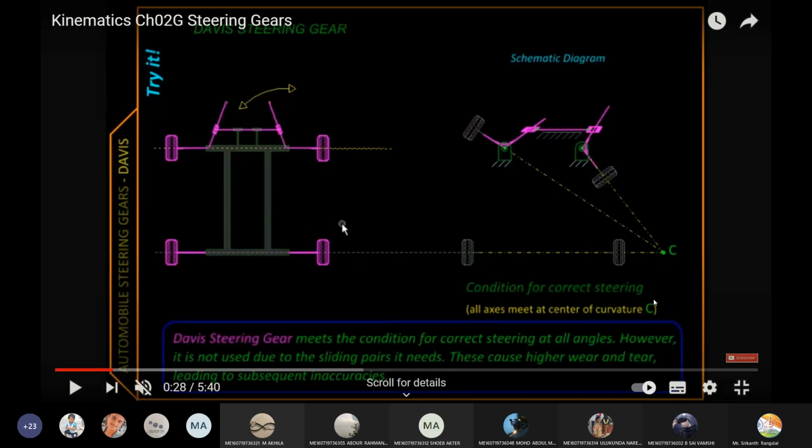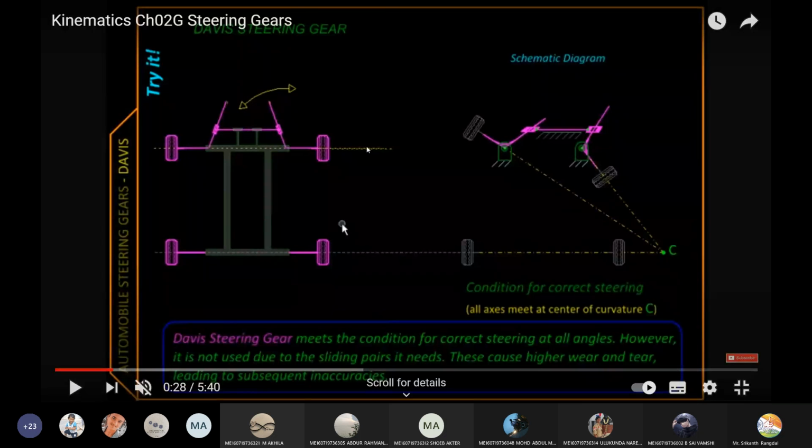If this is not coordinated properly, then one tire will try to go some other way, the other tire will try to pull it on the road, and there will be a lot of disturbance. There will be skidding, the vehicle will not move as we desire, and of course the tire will also wear out very fast. These are the very problems because of which we have to design the steering gear, or the steering mechanism, very carefully.